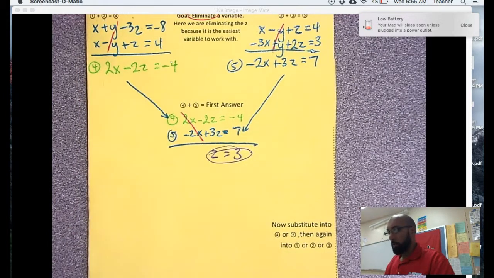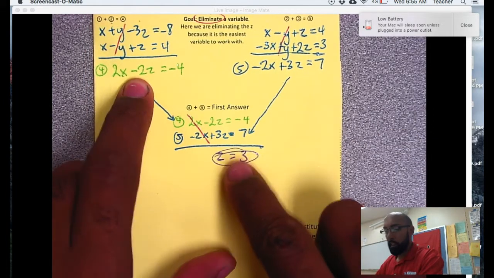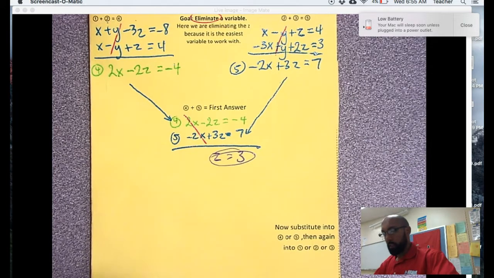So now what I'm going to do is take one of these equations, 4 or 5, and plug in that 3. So off to the side here,